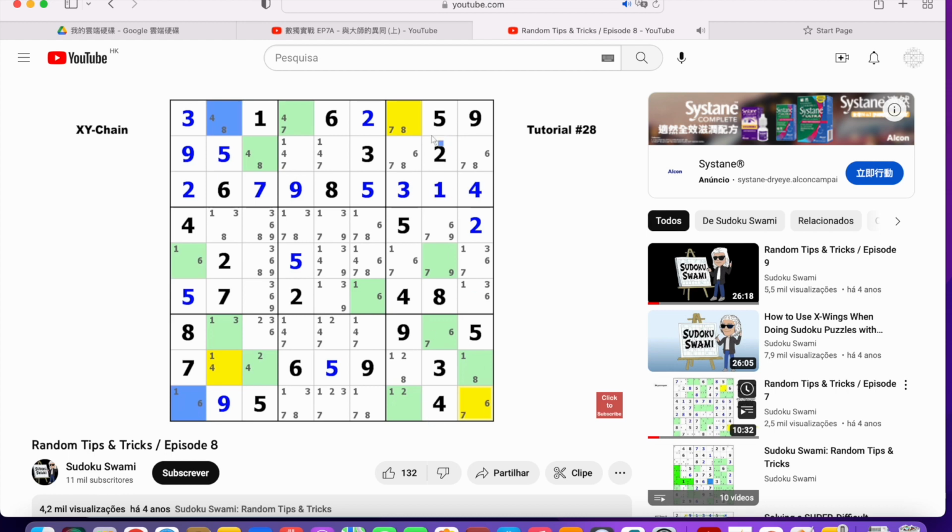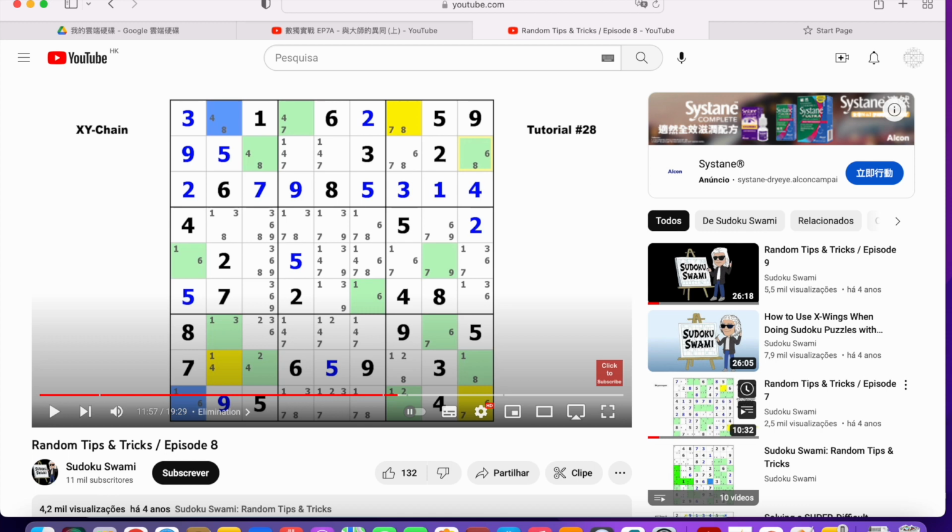So the 2 7s are the endpoints of that chain, and so any 7 that can see both of them will be false, and that's this candidate 7 right there can be eliminated as false. 咁其實佢呢個做法咧，其實同我一樣嘅，其實冇分別嘅。OK，好，咁跟住下一步啦，1218。